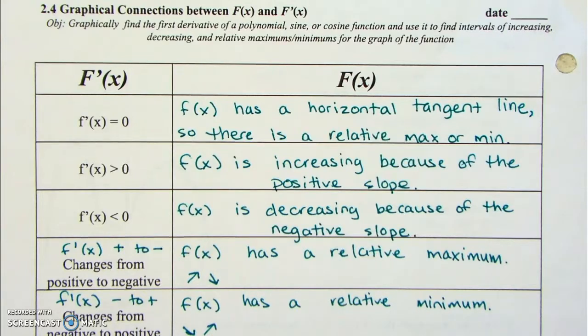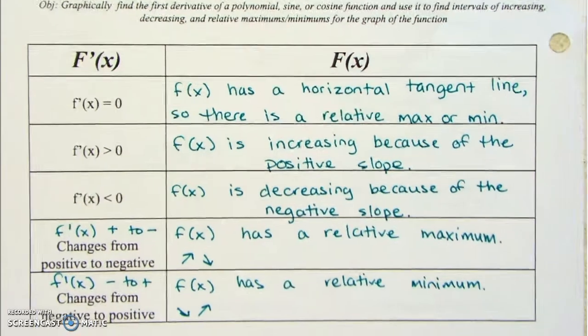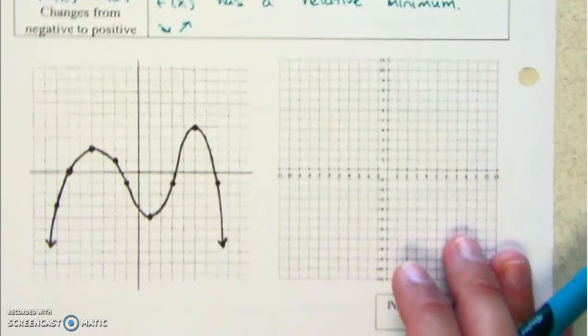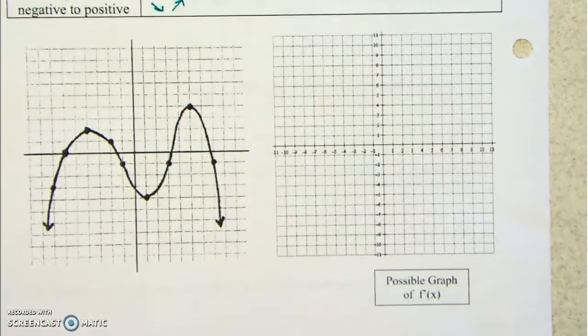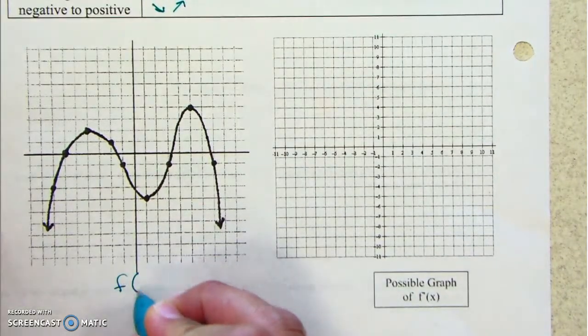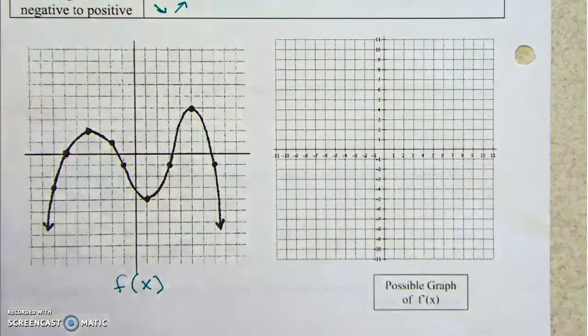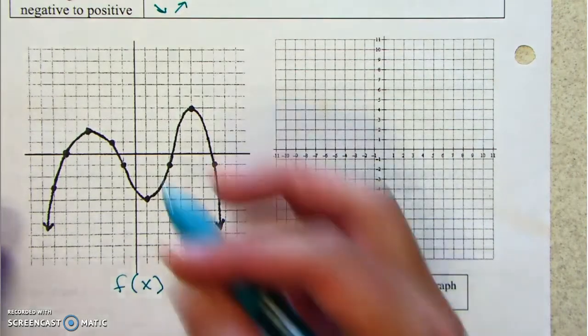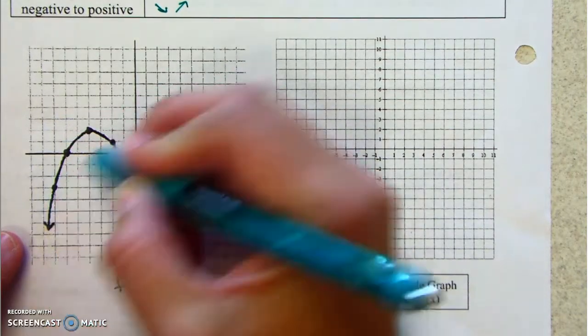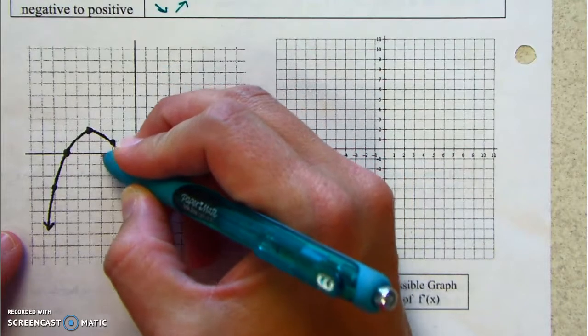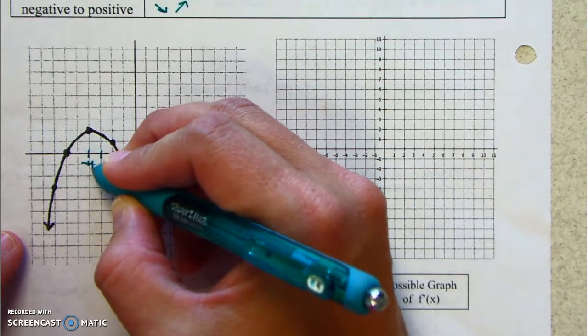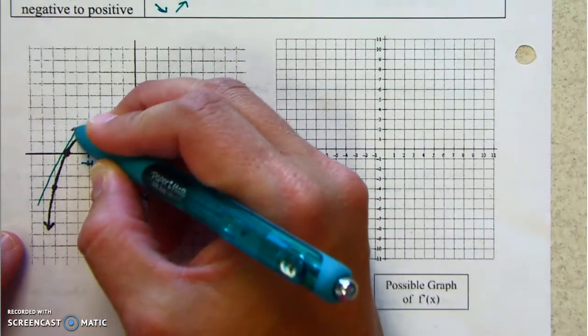If this is a graph, it doesn't look like I have directions down here. That's okay. We can figure it out. So if this is a graph of f, write this down. This is the original function. Then we're going to sketch a possible graph of the derivative. Okay? So what we know is this slope from negative infinity to negative 4 is increasing,